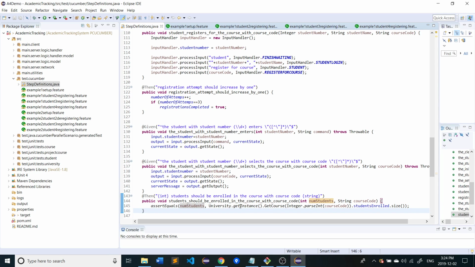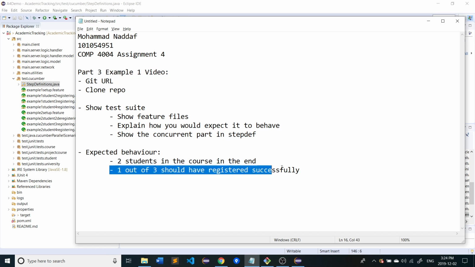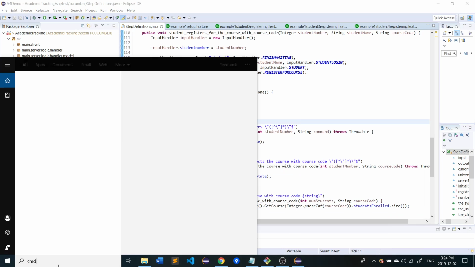You get it from the university instance, get course, get students enrolled. Okay. The expected behavior is just as explained in part 2 example 1. We're going to have 2 students in the course in the end, and only one of the 3 people attempting to register will successfully register. So without further ado, let us